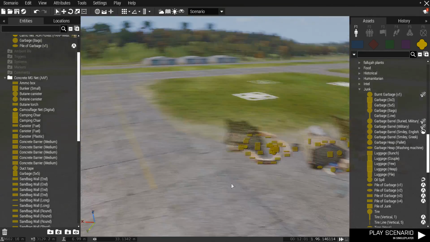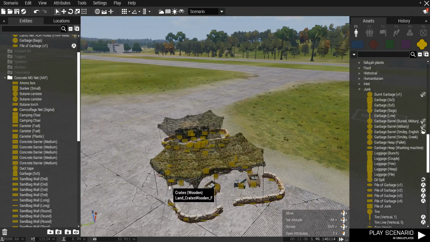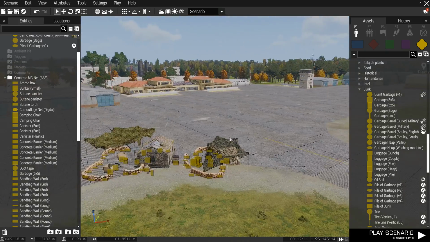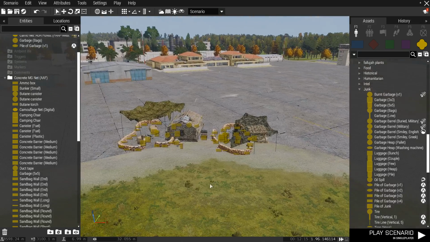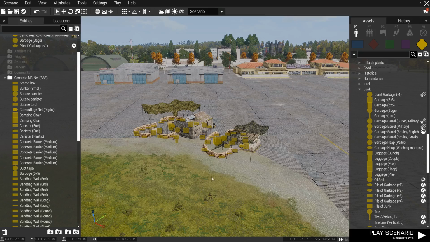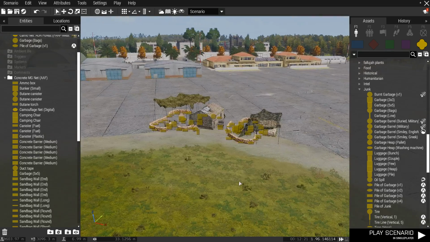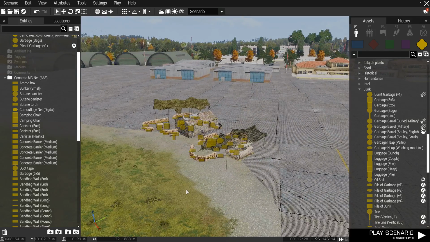Thought I would do a little tutorial video. It's been a while since I posted anything. So I thought I would do one today on creating custom compositions for your mission building. Something that I haven't found a whole lot of information on online. It's something that I kind of self-taught myself. So thought I would do a tutorial and let other mission builders know how easy it is to make that